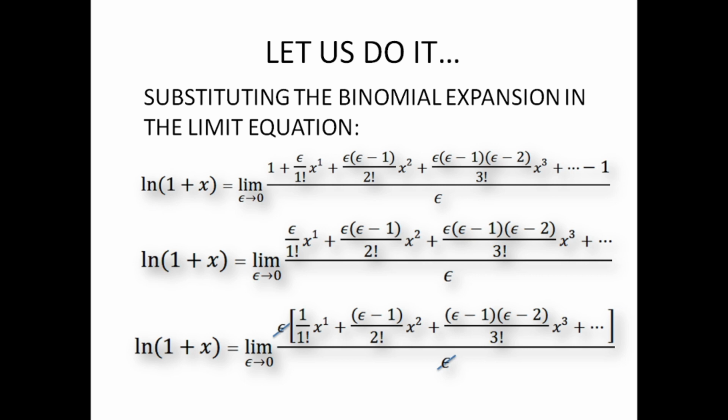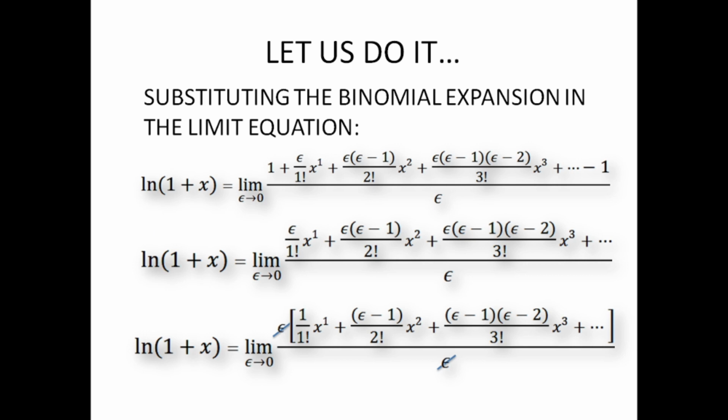Okay, let's do it. Substituting the binomial expansion in the limit equation, we have the limit as epsilon goes to 0 of 1 plus epsilon by 1 factorial x power 1, plus epsilon minus 1 by 2 factorial x square, plus epsilon minus 1, epsilon minus 2 divided by 3 factorial x cube, and so on, minus 1. Now that minus 1 here and plus 1 there nicely cancel out. We have the limit as epsilon goes to 0 of epsilon by 1 factorial x power 1 plus, okay, so on. That series, other than the cancelled out 1,